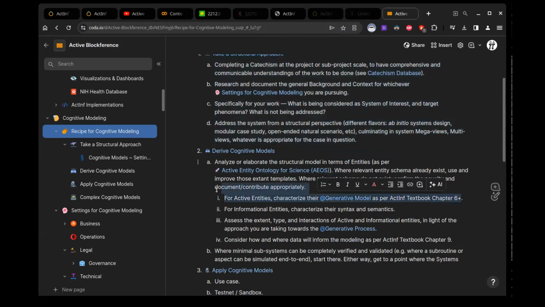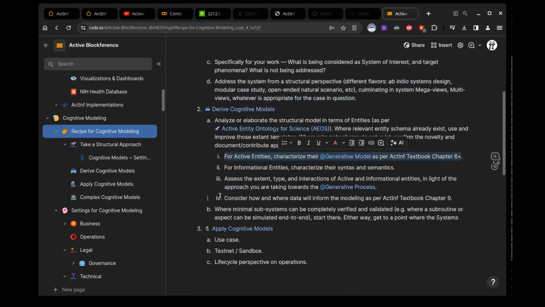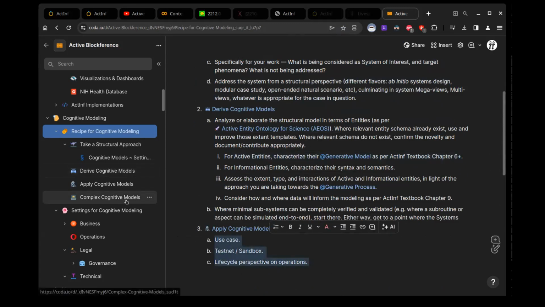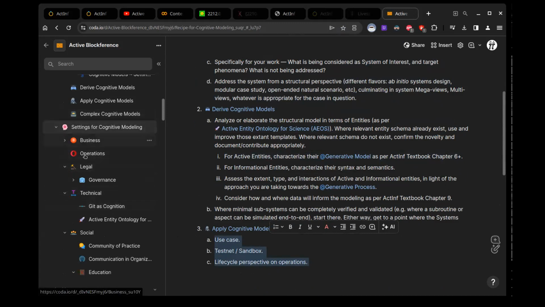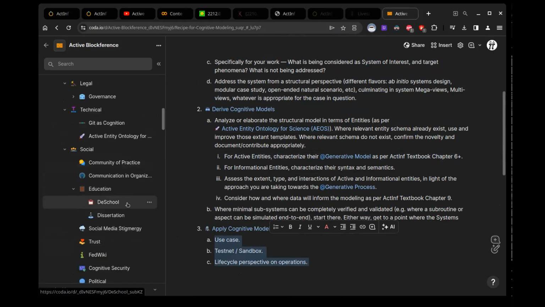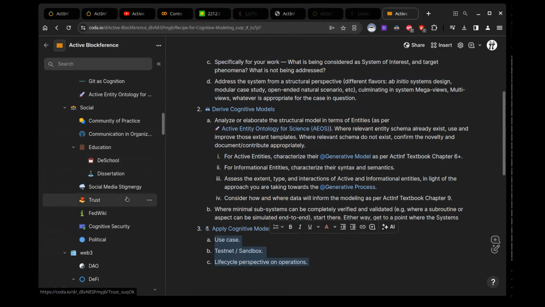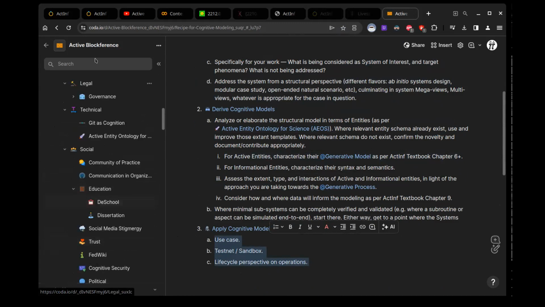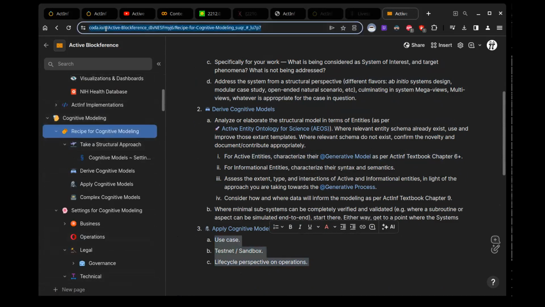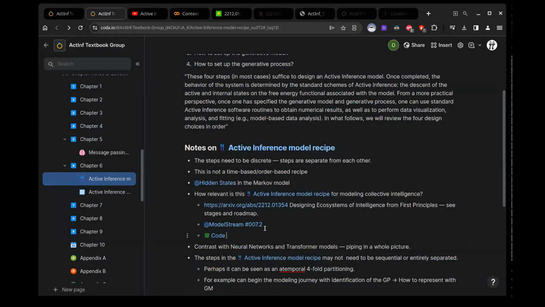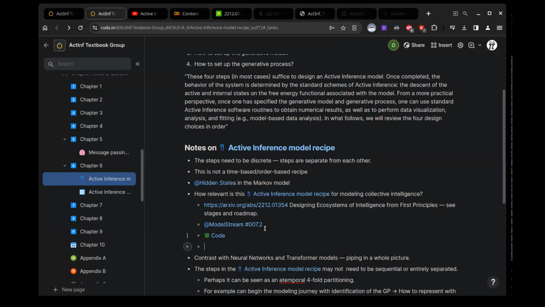Then we kind of include the steps of chapter 6, but also take more of a life cycle perspective on the operations of these models. And then we have all these different settings where people have started to explore those kinds of modeling approaches. So I'll just link to this page also in the recipe.